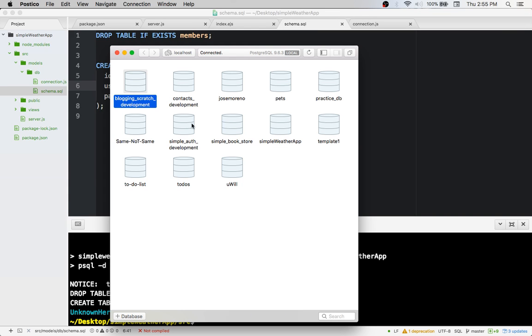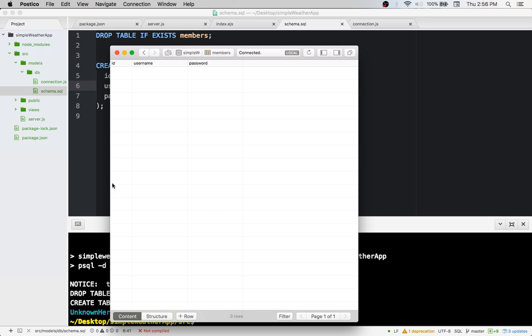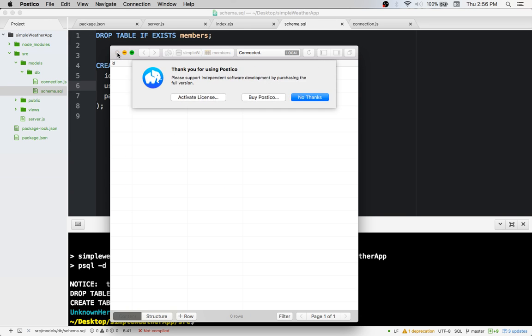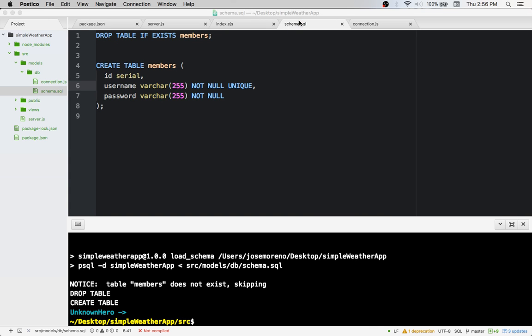Connect. We go into simple weather app. We have members, nothing in it, no members yet. But as you guys can see, we now have a database created. So now what would we have to do? We would,